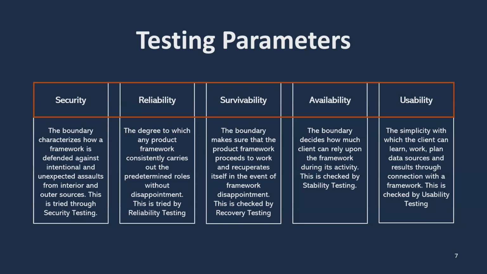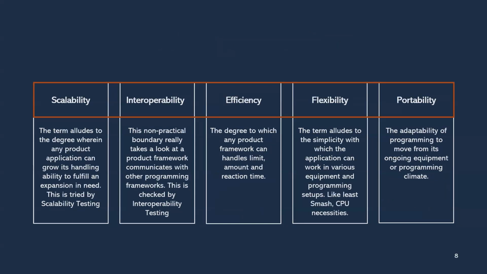Availability determines how much the user can rely upon the system during its operation. This is checked by stability testing. Usability is the ease with which the user can learn to operate, prepare inputs, and interpret results through interaction with a system. This is checked by usability testing. Now, scalability. The term refers to the degree to which any software application can expand its processing capacity to meet an increase in demand. This is tested by scalability testing. Interoperability, efficiency, flexibility, and portability are again major parts